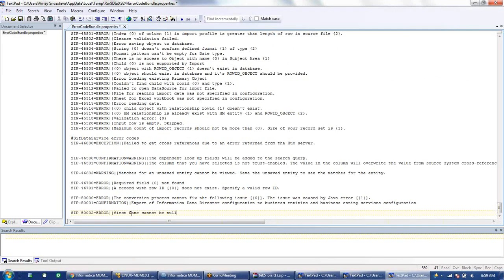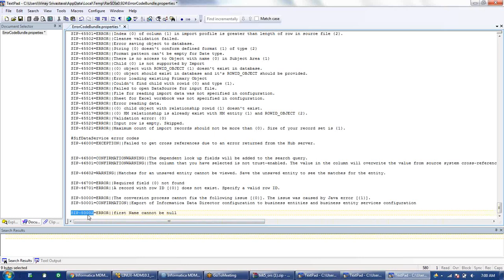But it's better that, instead of hard coding, anyone who is writing the Java program, I will tell them that this is the number, SIP 50002. So if you want to throw an error message for the first name, you use this number. So the Java developers will be using this number SIP 50002 for throwing this error message.